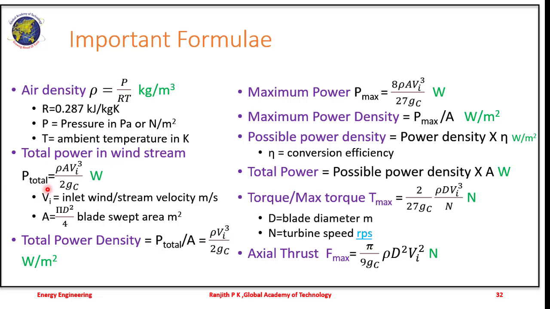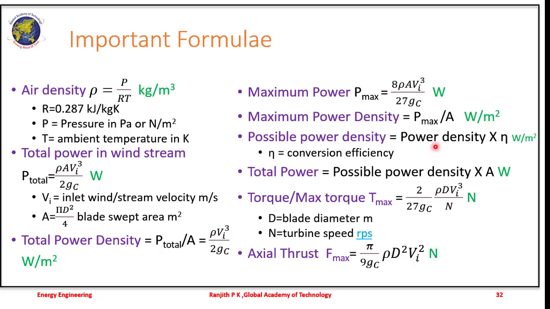Then the total power in the wind stream, given as P total, is equal to rho A VI cube by 2 GC. Then total power density is given by total power divided by area, in terms of watt per meter square, and maximum power is 8 rho A VI cube by 27 GC, and maximum power density, again maximum power divided by the area, expressed in watt per meter square, and possible power density is